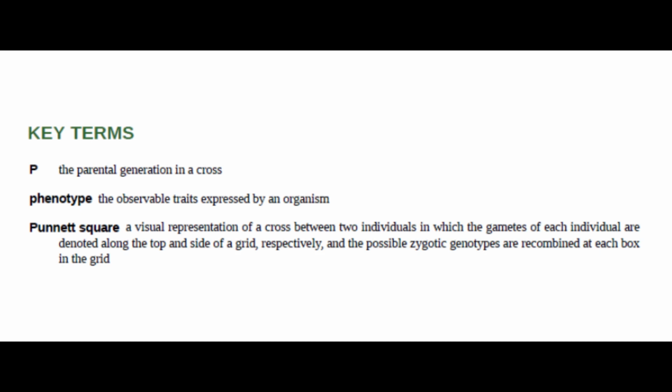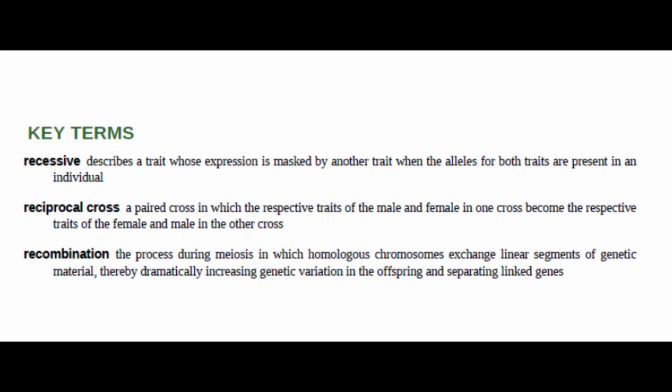A visual representation of a cross between two individuals in which the gametes of each individual are denoted along the top and side of a grid respectively, and the possible zygotic genotypes are recombined at each box in the grid. Recessive. Describes a trait whose expression is masked by another trait when the alleles for both traits are